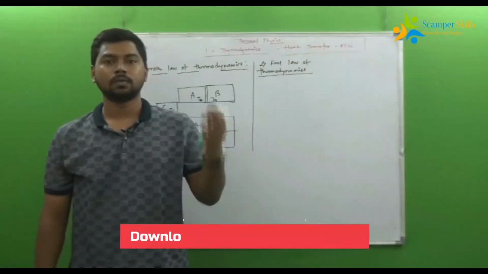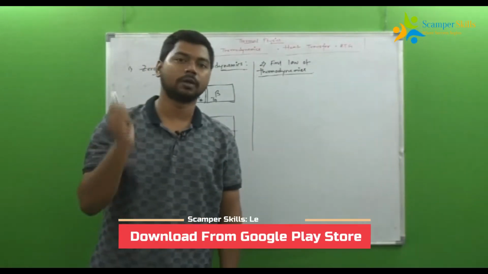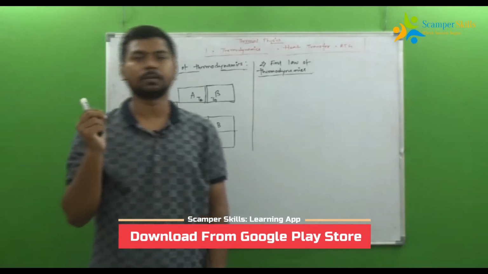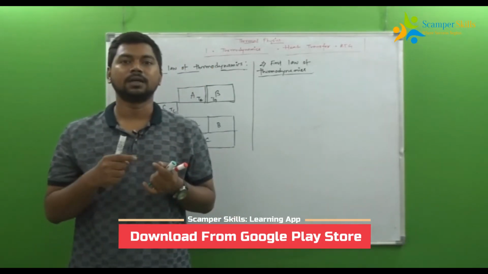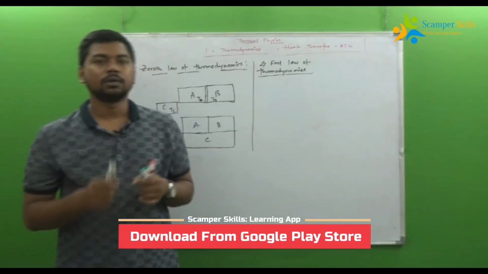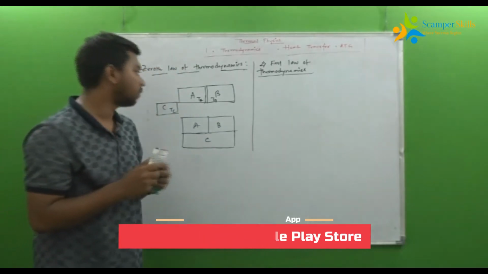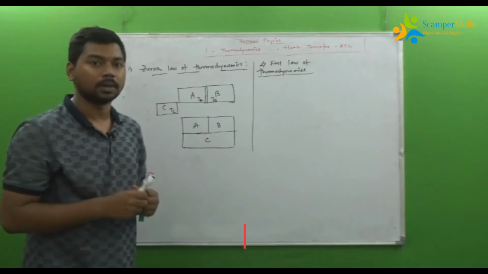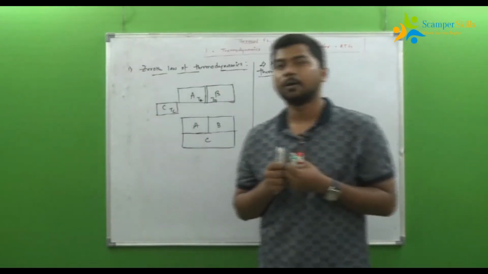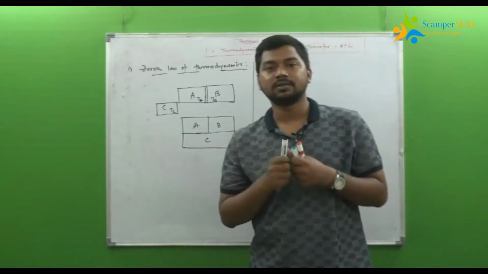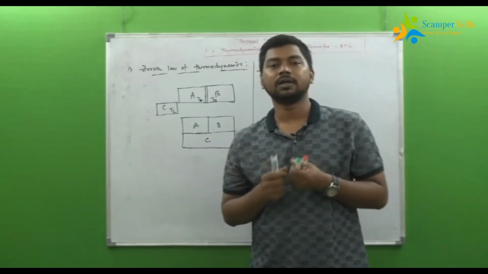So now we are going to understand what is the zeroth law of thermodynamics. Basically there are three laws of thermodynamics. Number one is zeroth, then the first, and then the second law. The most important thing is to first understand what the zeroth law of thermodynamics is. Basically, the zeroth law of thermodynamics tells us about the temperature gradient of a system,